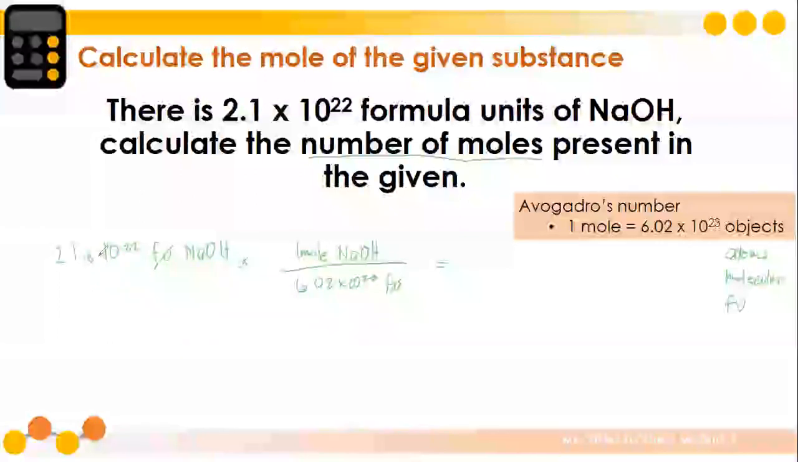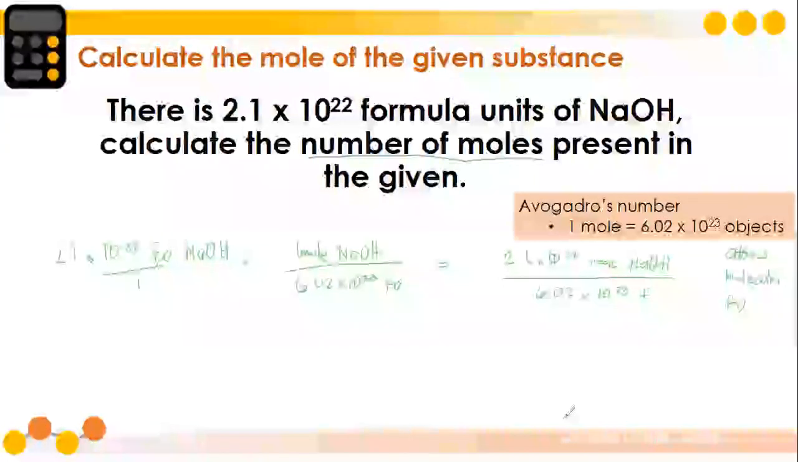Since this is 2.1 times 10 raised to 22 and then you multiply it with 1 mole, you just retain, so this is just 2.1 times 10 raised to 22 moles of NaOH. And then you have to divide it by 6.02 times 10 raised to 23, because you already canceled out formula unit. And then using your calculators, you can proceed with the answer. So your final answer here should be